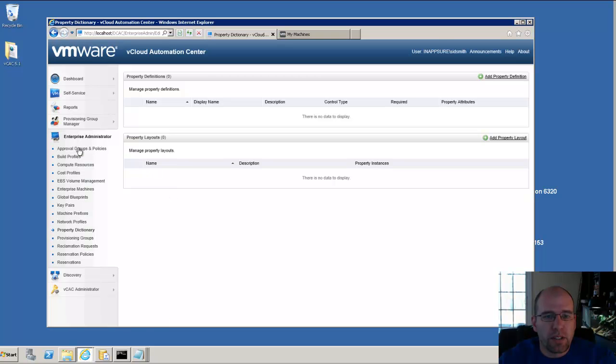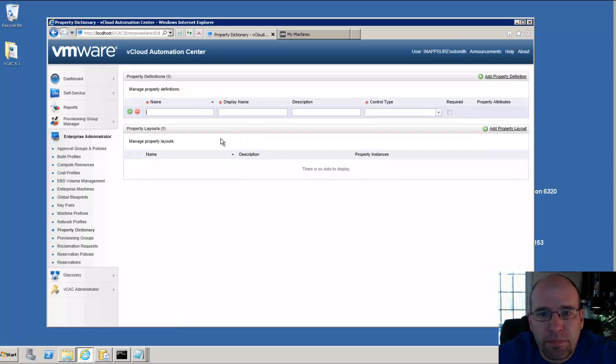So if we go over to Enterprise Administrators and go to Property Dictionary, the first thing we need to do is create a couple of different drop-down control boxes. So let's go ahead and create a property definition. I'm actually going to call this one data center. So in this example, based on the data center that's chosen, we're going to control what happens in some other drop-down boxes. So I'm going to make this display name Select Data Center,